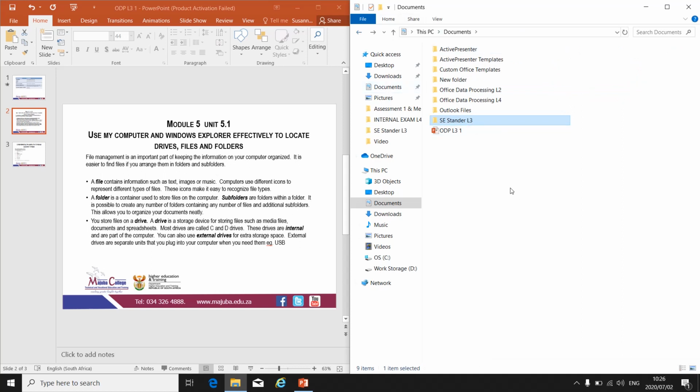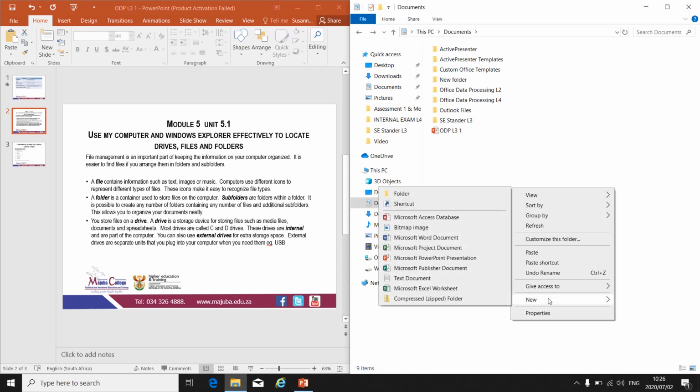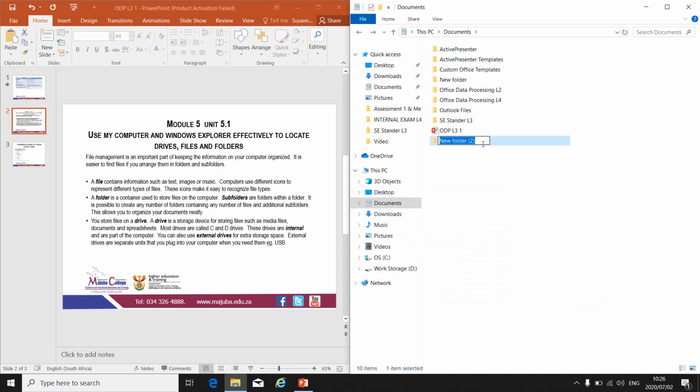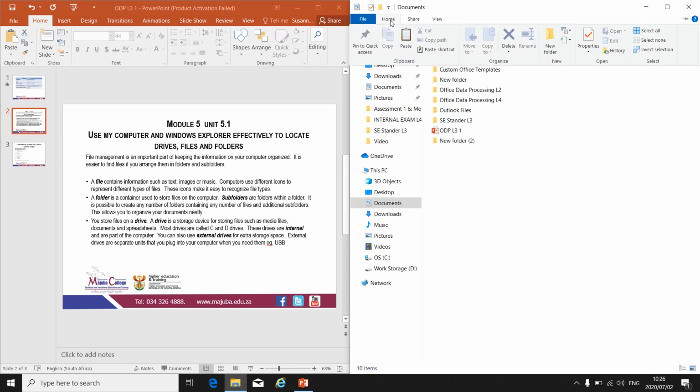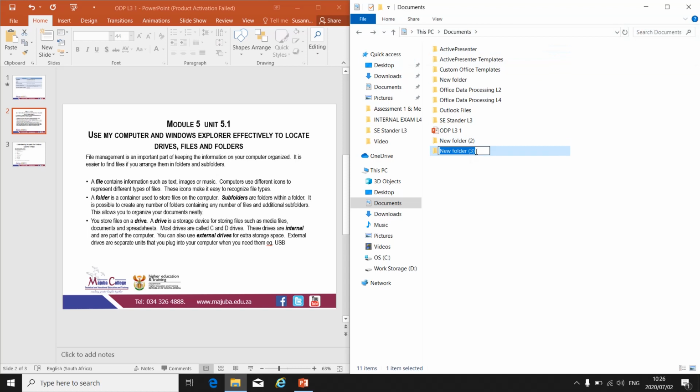I can either just right click and go to new folder, where I can create my folder and give it a name. Or I can go to home and click on new folder and it comes up exactly the same. Then I type in the name of my folder, and I press enter, and my folder is saved. If we go to the next slide,